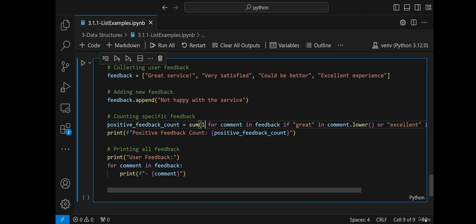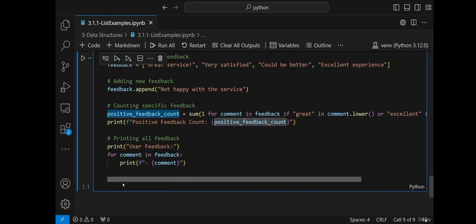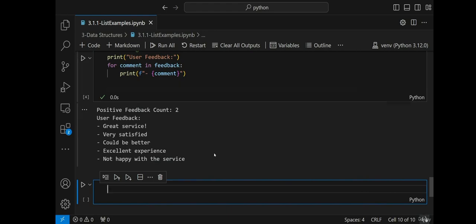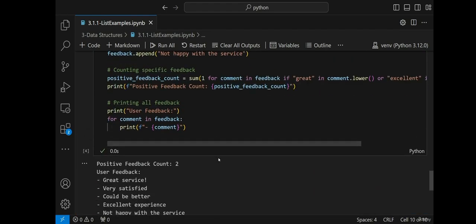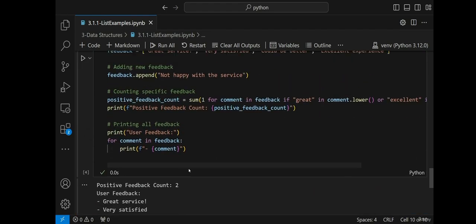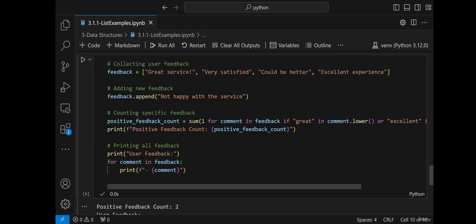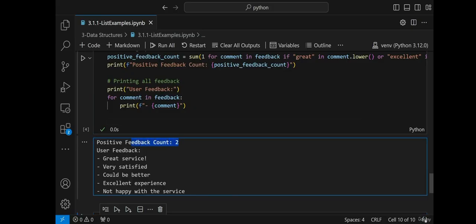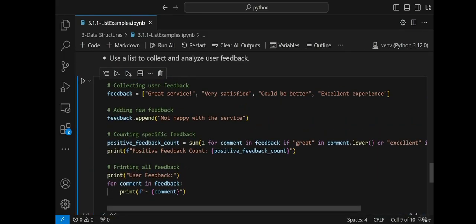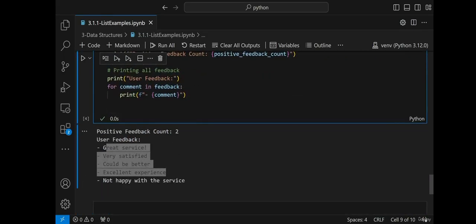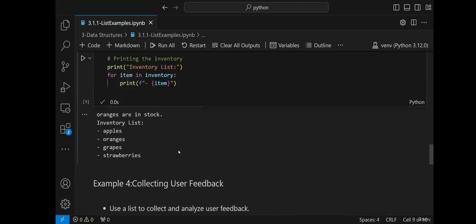So here you can see we are able to get the positive feedback count. This is the variable. And then finally you can see we print for each comment in feedback, and we are printing it. I hope you are able to understand. Over here with respect to the output, positive feedback count is 2. That basically means if great and excellent are present, we are just going to count them. So 2 times we have found it. User feedbacks are great service, very satisfied, could be better, excellent experience. And the last feedback was not happy with the service, so that is also appended over here. So these are some of the